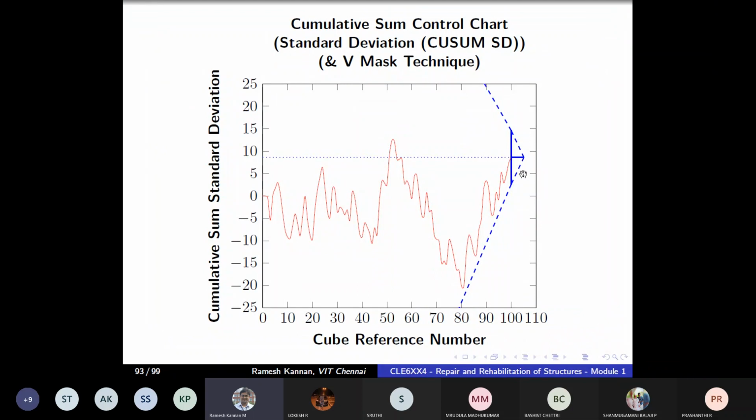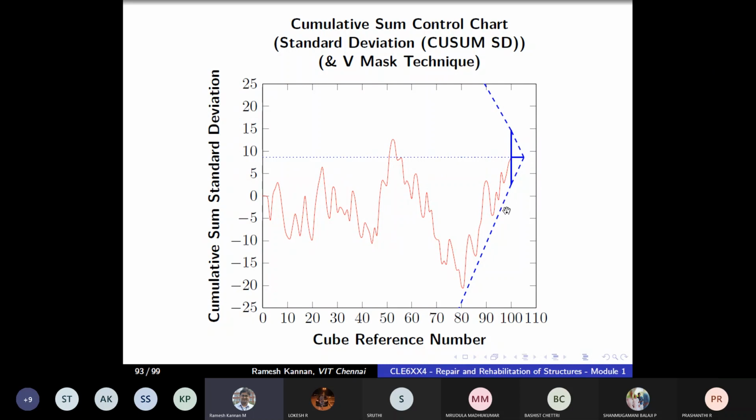So this is an upper and this is a lower bound line, and that extends to infinity, and any curvature that goes beyond this particular thing is generally unacceptable. So in this case, luckily it was nearing but not crossing this, which means that our experiment is okay. So whatever we have done, the process is in control or the experimentation is good. Sometimes if it goes above, crossing this line, then probably there's some problem, and this angle is based on this value.